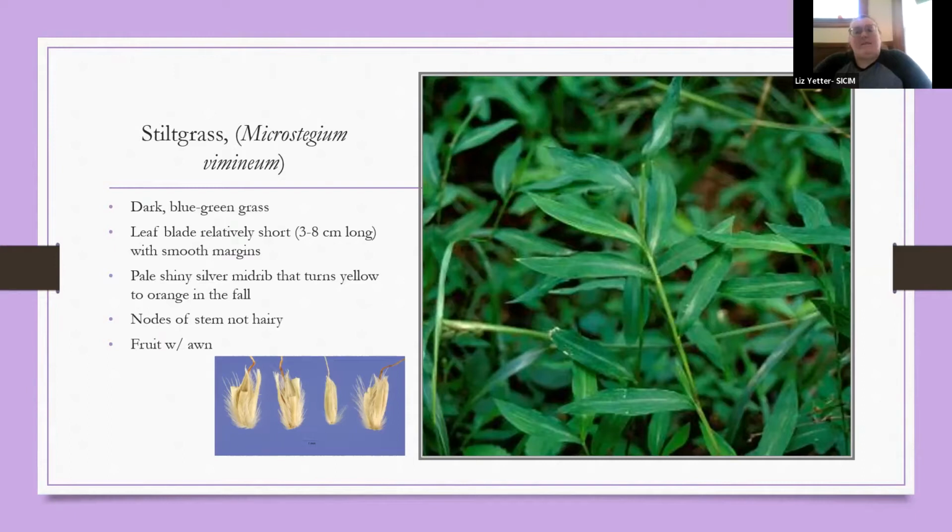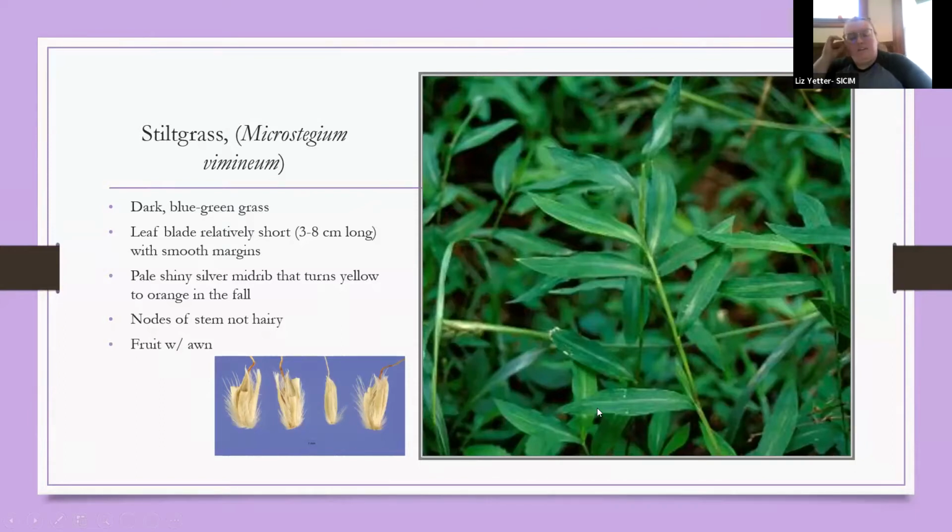And this time of year is when it really starts to become present or more noticeable, and it starts to produce its seed here in both August and September, depending on where you're at. You can see some in this photo here. The leaf blades here are smooth, kind of oval shaped. So smooth meaning they don't have any teeth on the edges, and then they have this silver midrib or stripe running right down the middle of the leaf. So that is one of the key identifying characteristics of this grass when you're out looking for it, this kind of silver vein going right down the center of the leaf.